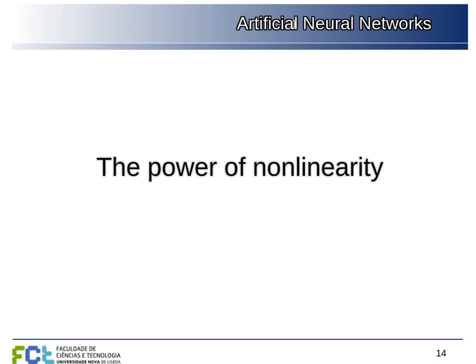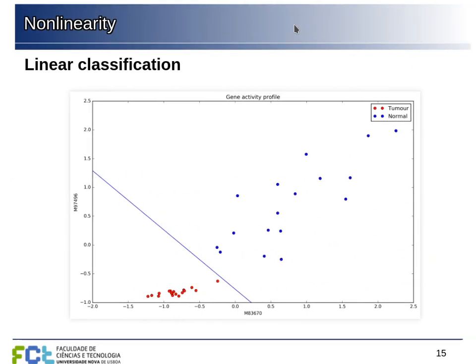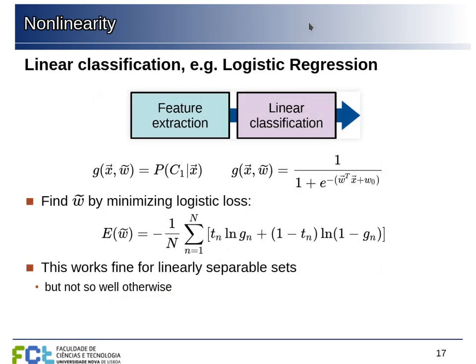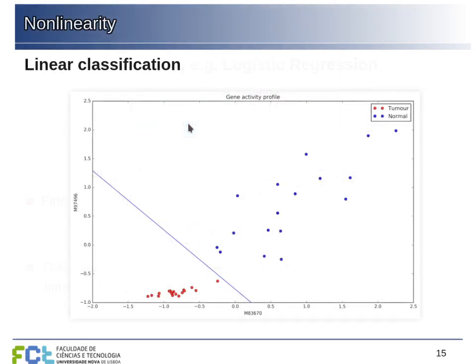To see the advantages of this, I'm going to go back to last week and see again what we can do when we have a linear model. We have, for example, logistic regression, or a single neuron, that gives us a linear discriminant to separate the classes. This can be the output of the neuron. Basically, we have a set of features from our data. In this case, the features are the coordinates of the points.